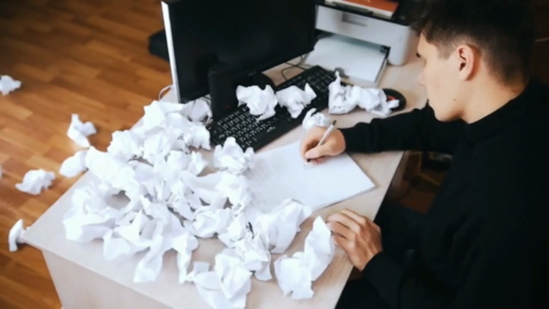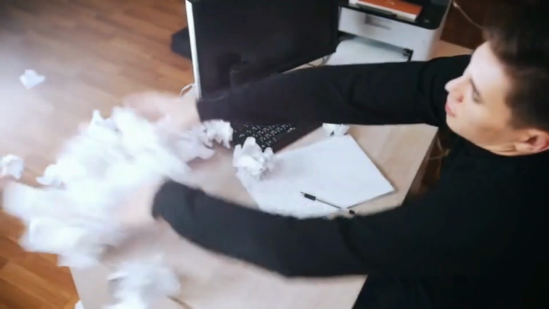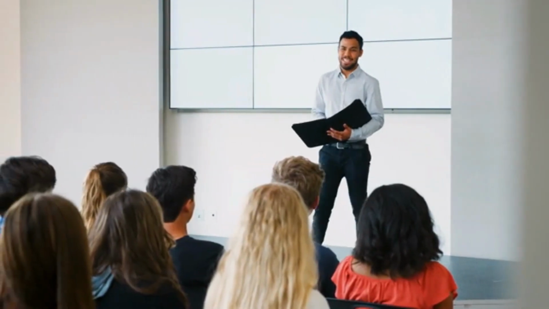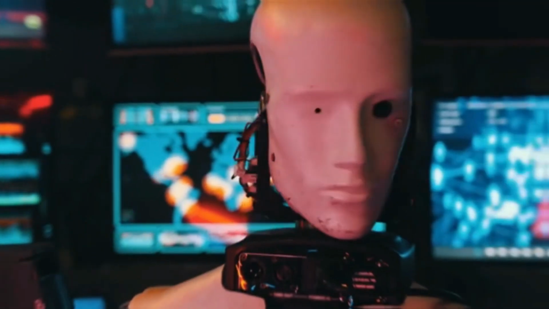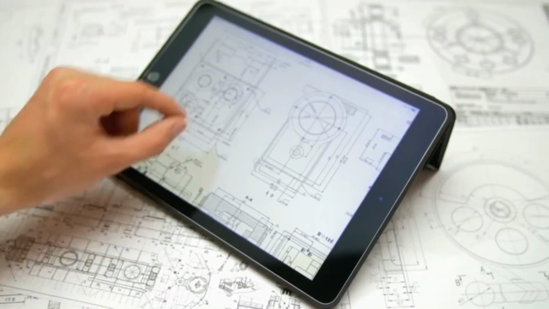Feeling overwhelmed by research reports, spending hours sifting through sources, organizing thoughts, and trying to write the perfect draft? Hey, I get it. Writing a research report can be a time-consuming process. But what if I told you there's a smarter, faster way to do it? Thanks to AI, you can streamline your research, enhance your writing, and get that report done in record time without